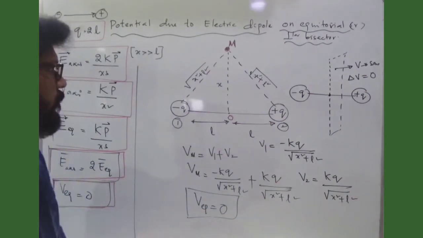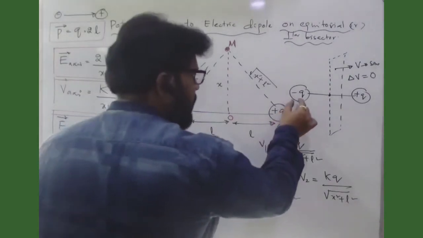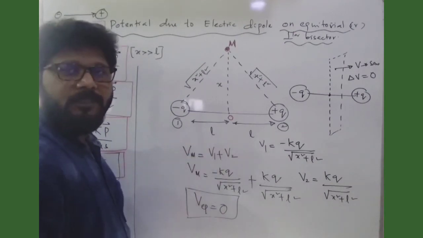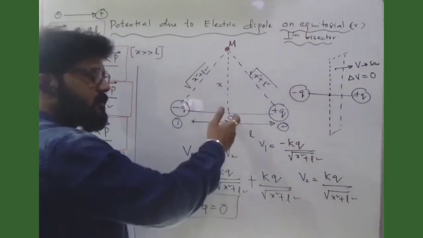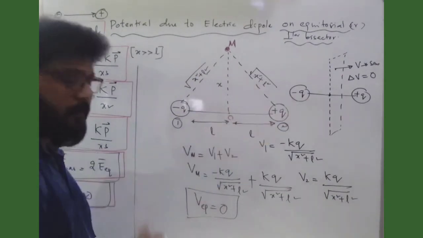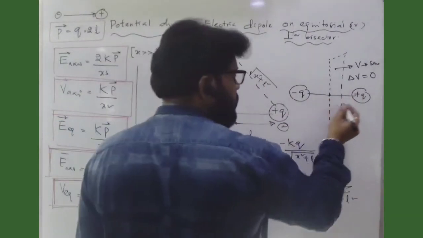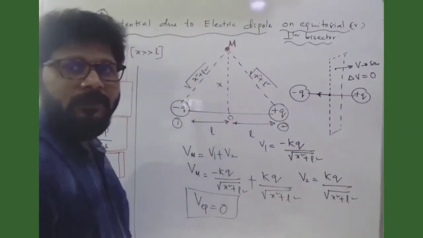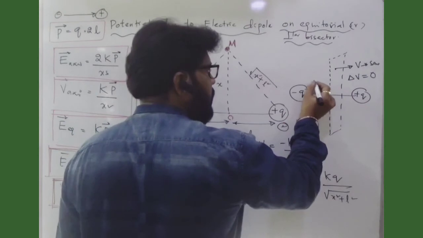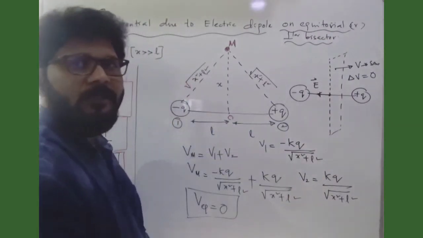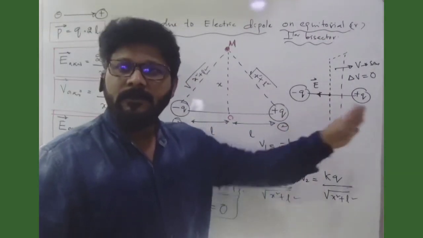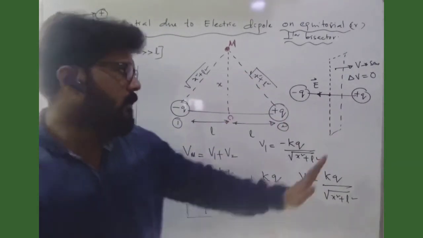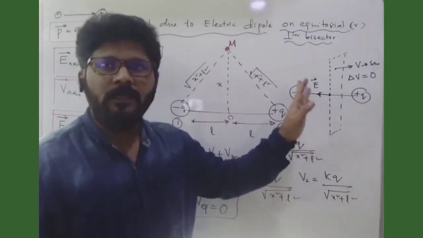So what we discussed here, if I take minus q and plus q, in yesterday's class we were discussing equipotential surfaces. If I want to draw an equipotential surface at the midpoint, just draw one line which is perpendicular to the electric field. Away from the positive charge, you can see a perpendicular. This is the direction of the electric field intensity, and this will be the plane. It is away from the positive charge, or towards the negative charge. Is it fine, all of you?